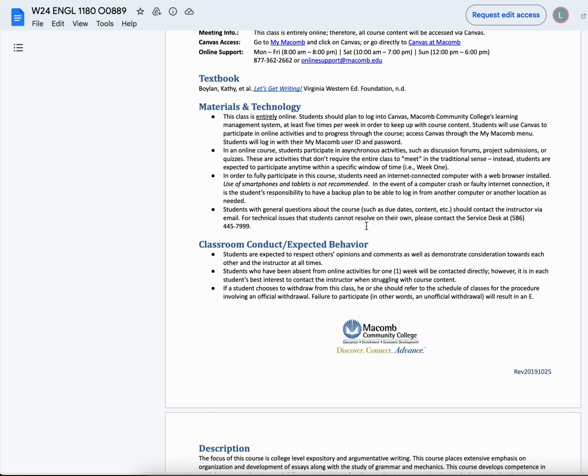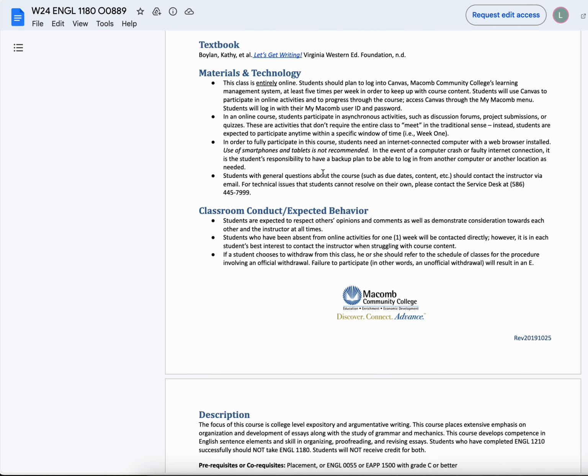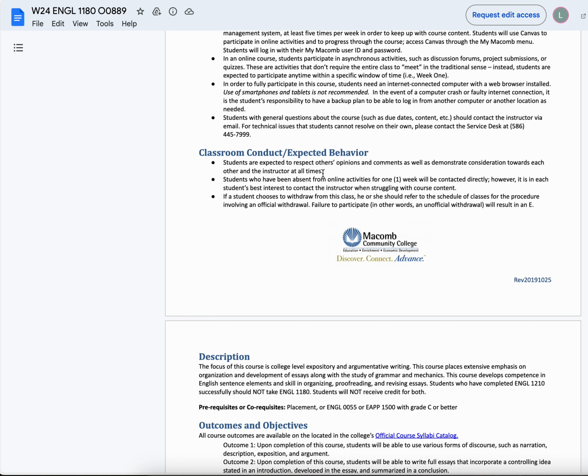This lays out how important it is for you to be responsible this semester, in the sense that I know things happen, like internet issues or device issues, but it's your responsibility to work around that. So you will need to, if your Wi-Fi goes out, you need to get to a McDonald's or somewhere that has free Wi-Fi so you can participate in the class. If your device is broken, you need to get to a public library that has computers available, or the Macomb Library. So just keep in mind, that's an important aspect of the course.